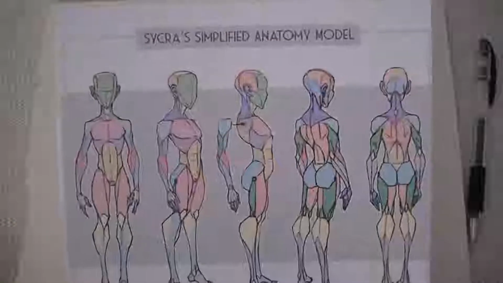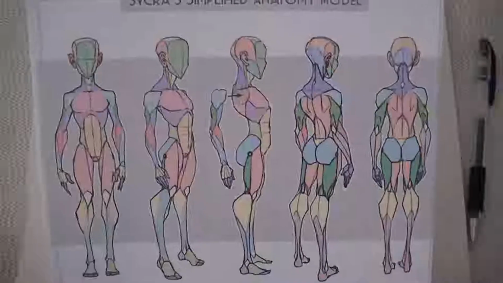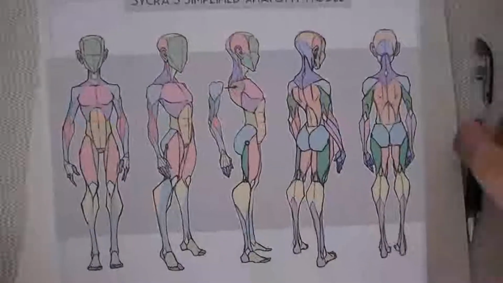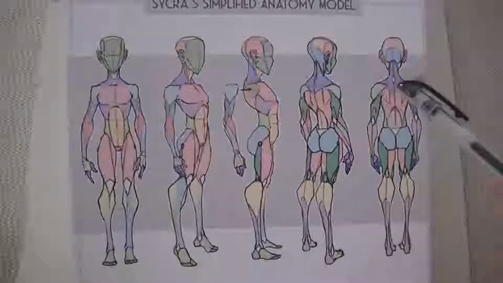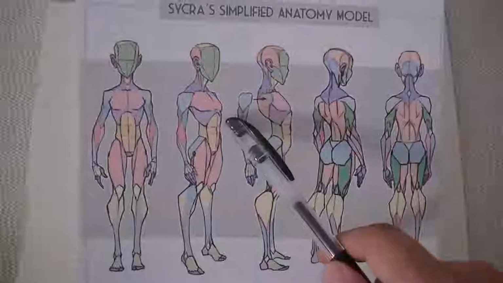And so I realized that it's not completely impossible to show what is in my head when I'm drawing like this. But it's not what's in most anatomy books. So I created this thing, which is a simplified anatomy model. And what it does is it shows you more about the parts that I'm thinking of and not necessarily the anatomy